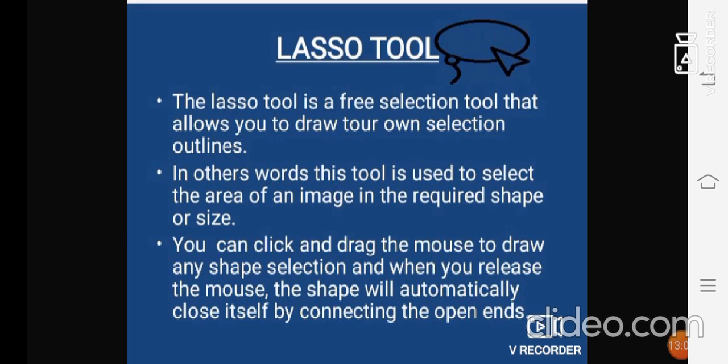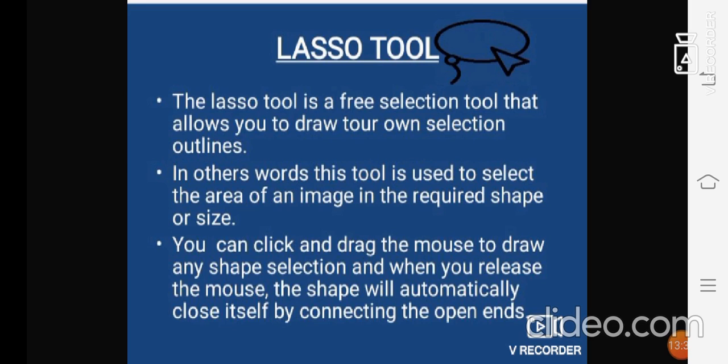In other words, this tool is used to select the area of an image in the required shape or size. You can click and drag the mouse to draw any shape selection, and when you release the mouse, the shape will automatically close itself by connecting the open ends.